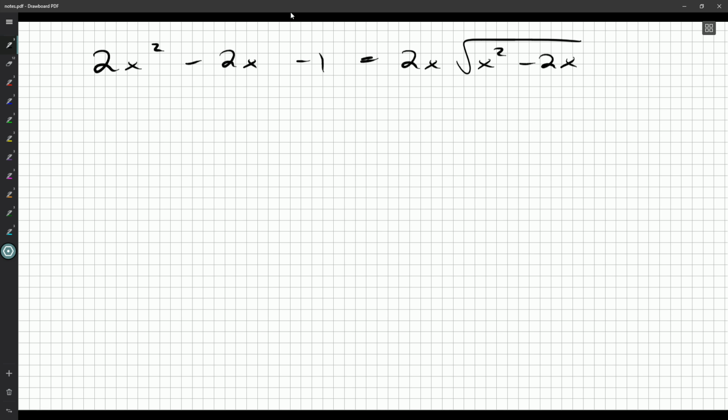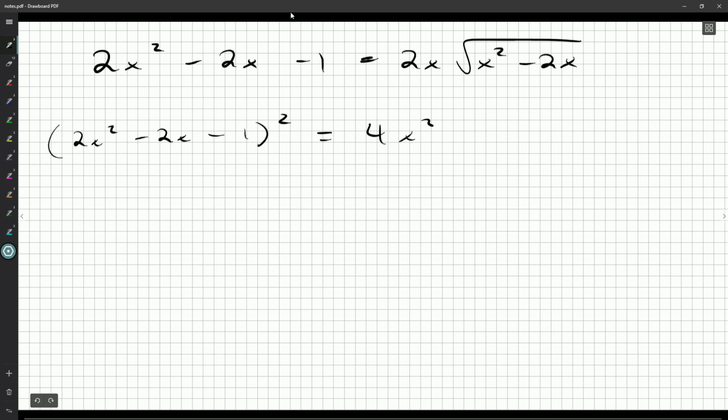Okay. Well, here's what I'm going to do. I'm going to bring the 1 over to the other side. This is a nice, useful trick when you're trying to deal with polynomials, or well, not polynomials because it's got a square root, but these sorts of almost polynomials with square roots or cube roots. Get everything over onto one side with just a single term over here. And then if I square both sides, I get rid of this square root. Right? So if we square both sides,